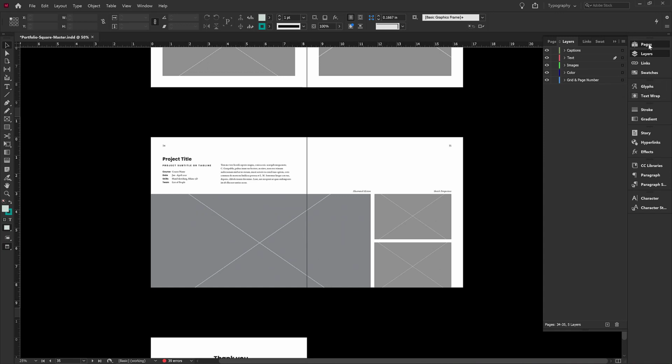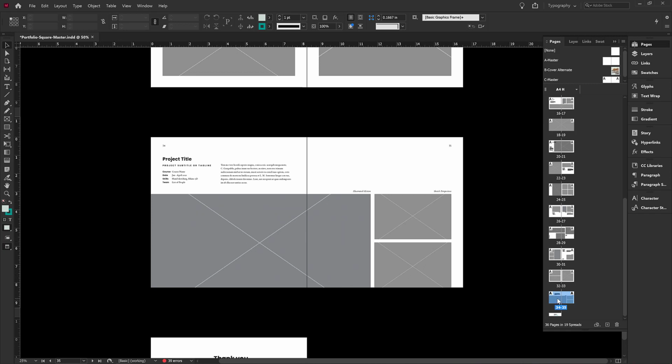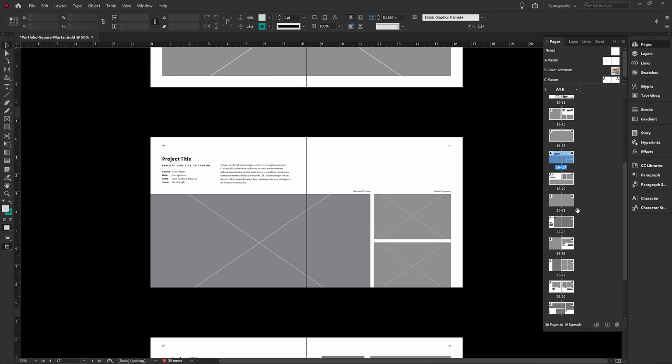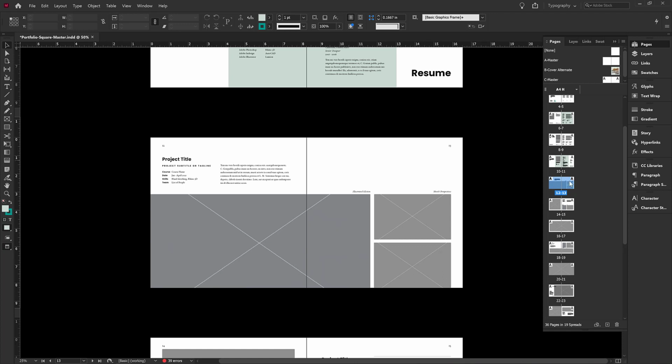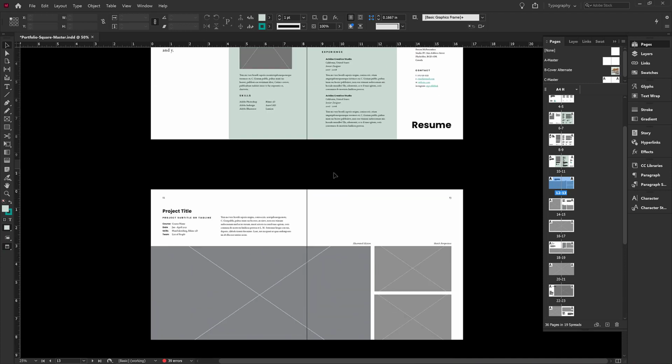And in that case, I would go over to Pages, and I would take the page that I'm on, which are highlighted here, and I would select both of those and drag them up. If your slider won't move up, then you can just drag and drop it until you see a line somewhere before or after a page. So you see there's like a little line here, which would mean you're inserting it after this spread. So after the CV pages, I'm just going to drag and drop these project pages,